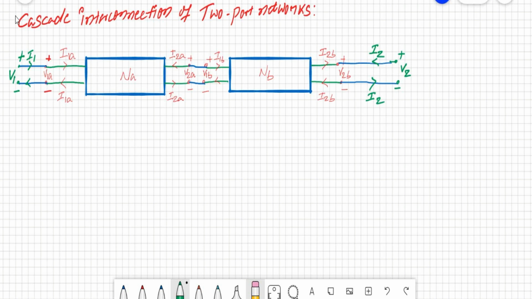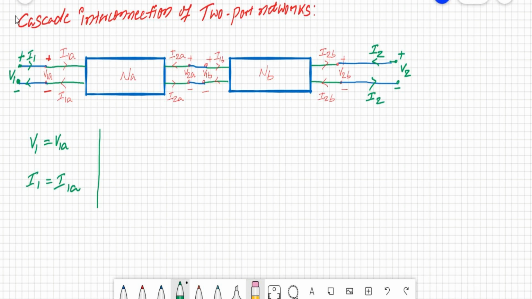From this interconnection, this V1 is observed between these two terminals. At this terminal we have one more voltage, that is V1A. So can I write V1 is equal to V1A? Yes. And I1 is flowing in this branch. In the same branch, one more current is flowing, that is I1A. So I1 is equal to I1A. This is from the first section. Let us go to this section.